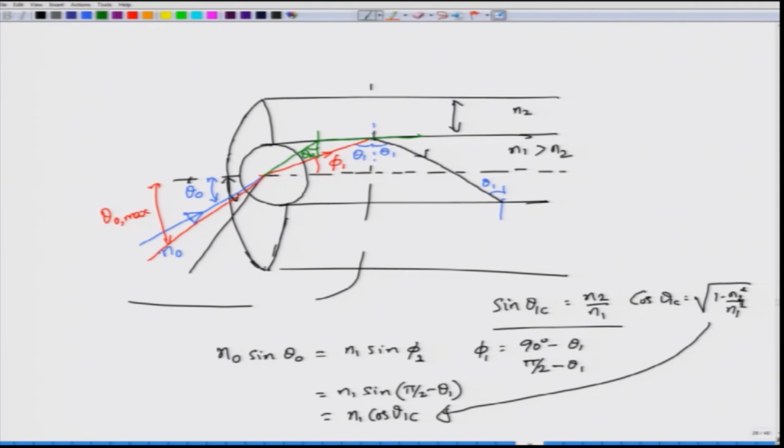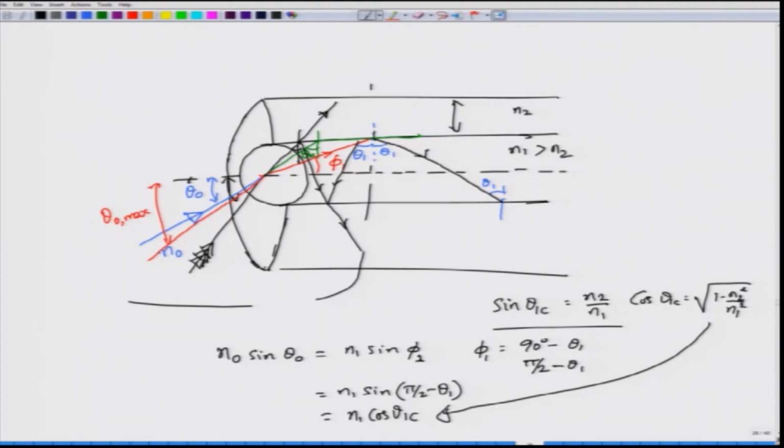If I were to send in light which is marked by this particular ray, because it is falling outside this angle, it would go into the fiber at an angle which is actually less than the critical angle and therefore won't really propagate inside the fiber. A major part of it goes onto the cladding side. Only some part gets reflected, but again most of it goes into the cladding. Because of multiple reflections, it keeps losing energy, because every time it hits the core-cladding interface it loses energy, and therefore this black ray of light would not really propagate for a very long